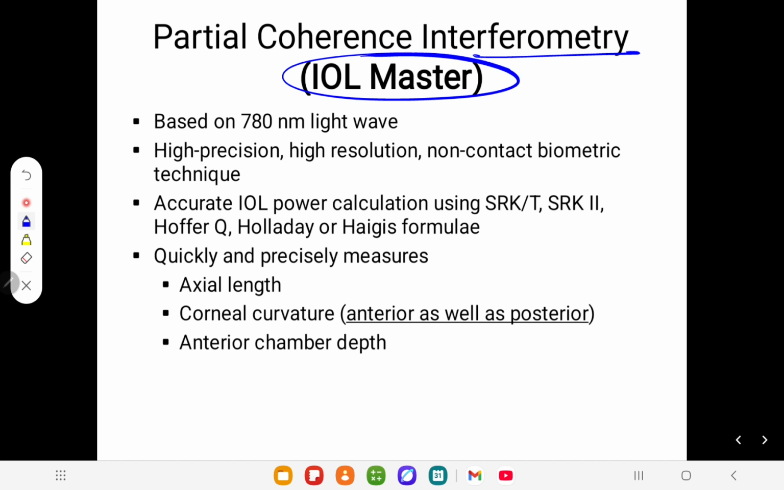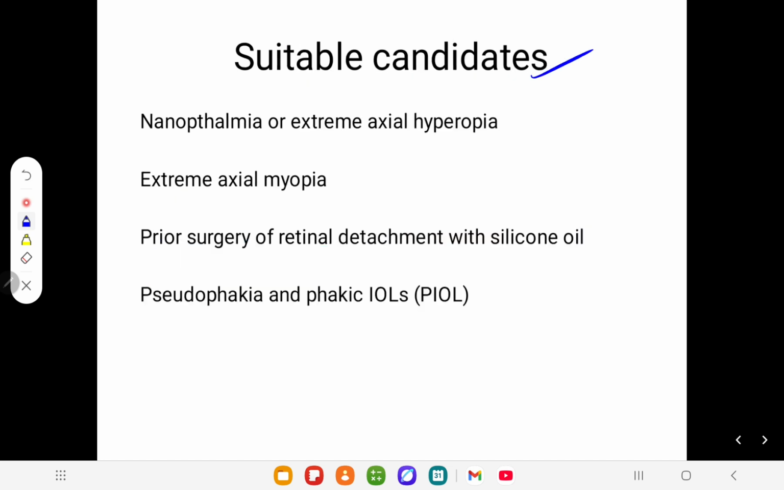Now IOL Master 700, that's very good. It is based on 780 nanometer light, a high precision, high resolution, non-contact biometric technique. So there are formulas given in the IOL Master 700. It's very good formulas there. So IOL power calculations, these are the formulas, and quick and precise axial length, corneal curvature, anterior chamber depth. These are all given there. So that's good. Suitable candidates for IOL Master are nanophthalmos or extreme axial hyperopia, extreme axial myopia, prior surgery